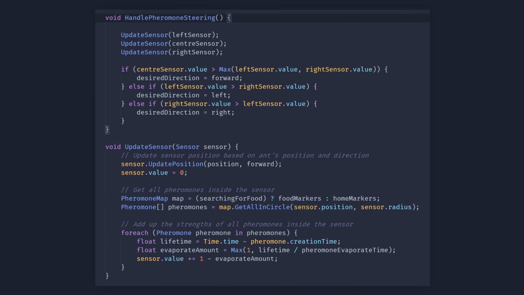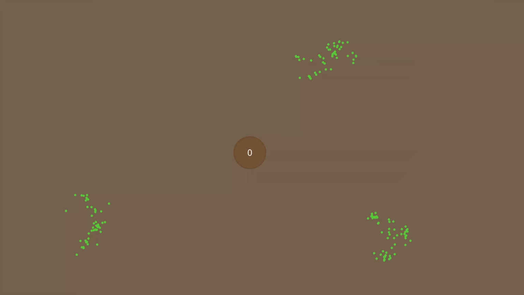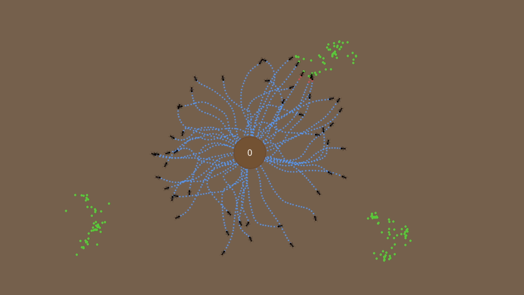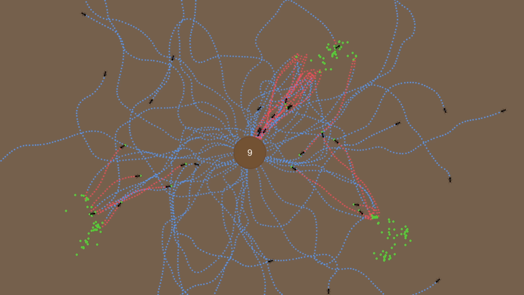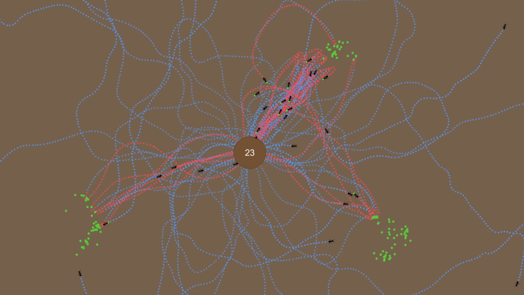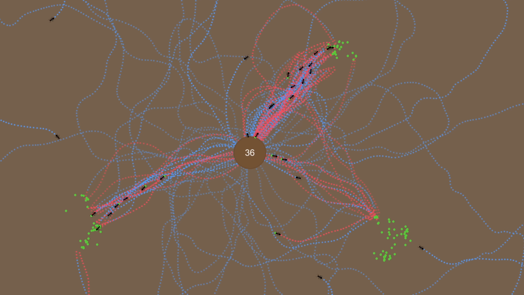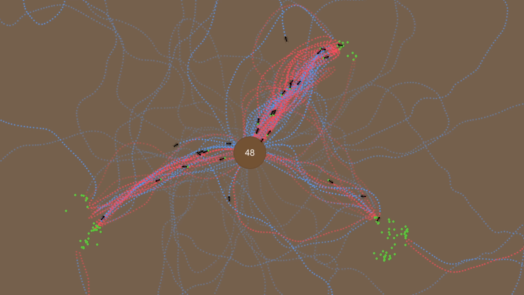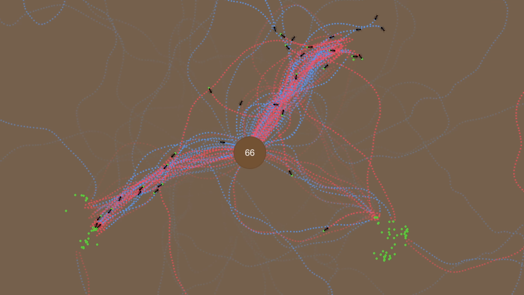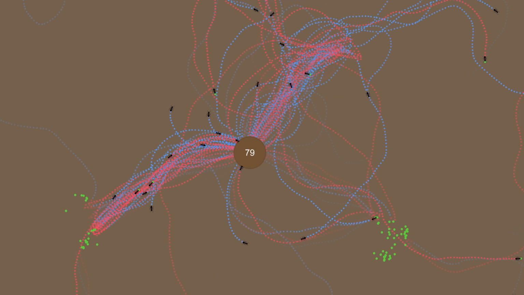Here's the actual code for it, and as you can see down here, I've made the pheromones lose strength over time to sort of mimic the effect of evaporation. I'd really like the pheromones to also diffuse outwards over time, but I'm not quite sure how to handle that yet. Anyway, let's give this a quick trial run with a handful of ants. Okay, it seems to be working roughly how I intended,